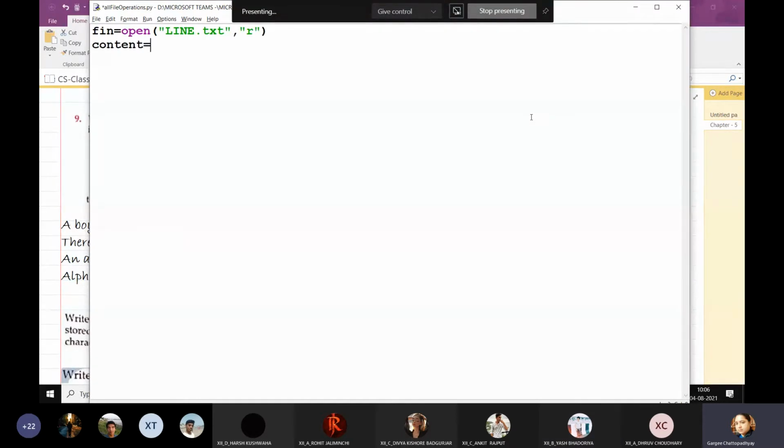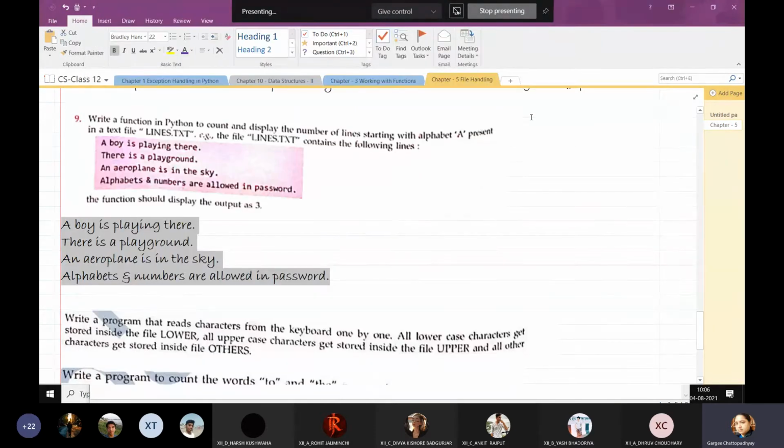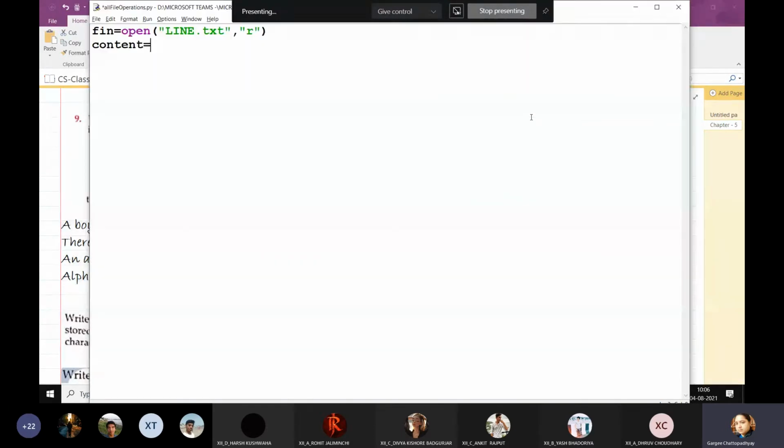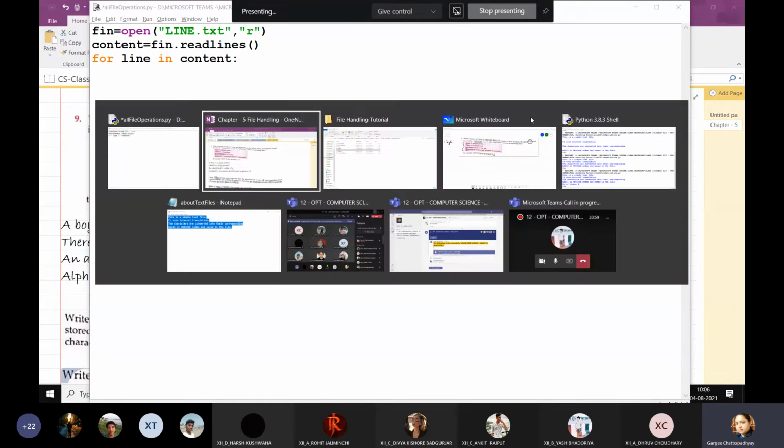Content equals, now what I need to do, I need to count the number of lines starting with alphabet A. So I will be using the fin.readlines function. For line in content. So the line is going to access each line from the list of strings. Now everybody look over here.